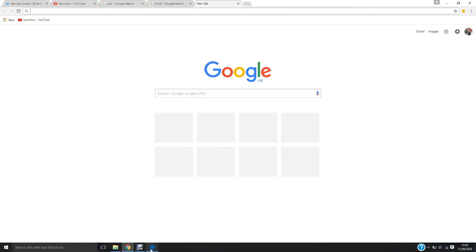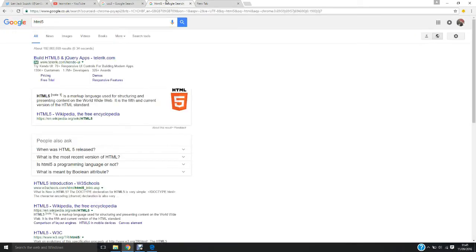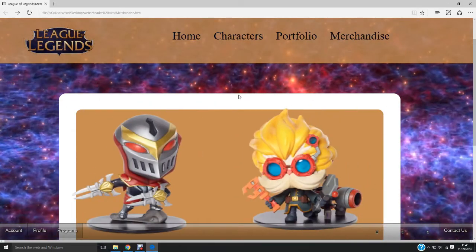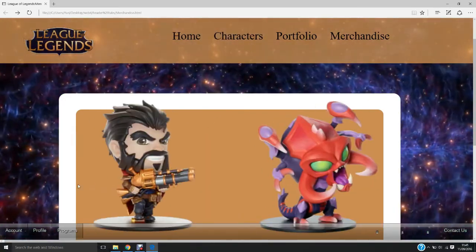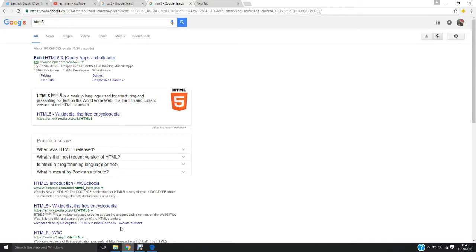Okay, so this is HTML. HTML5 is basically the markup language, as you can see here. It's basically the written form of what you're going to be doing. So if you've seen coding, it's just a bunch of words basically, and that's pretty much what HTML is. It's the language for whatever you're going to be doing to make your website, which is going to look like this. And as you can see, all the designs, all the pretty effects, well, however, that is the